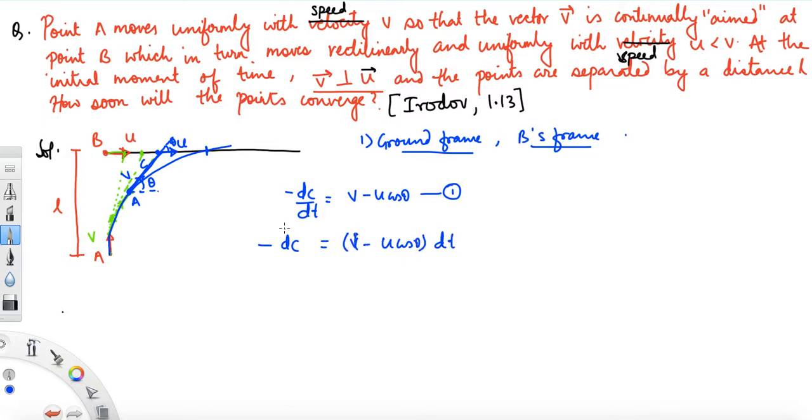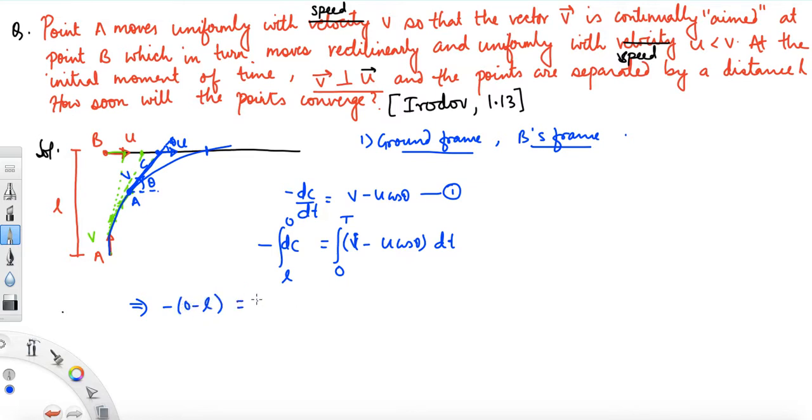So this integral of dc, initial distance is L and the final distance between them is going to be 0, and let's say initially t is equal to 0 to capital T when both of them meet. This is what we have to find, this capital T. So further we get minus of 0 minus L